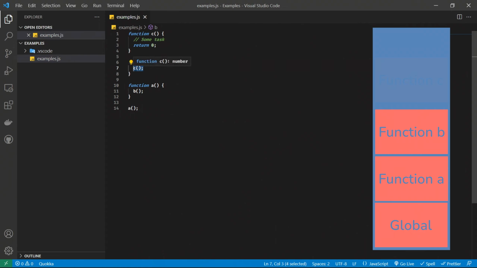So in the function B call, there is no line after the function C call. So it returns, which pops it from the top as well, and the control returns to the function A call, and it also returns, so it too is popped off the stack and the control returns to the global execution context. Now once the entire file completes execution, the global execution context is removed as well.